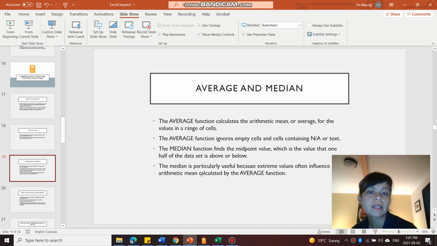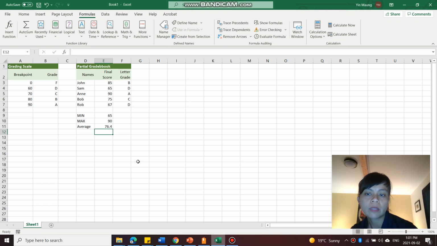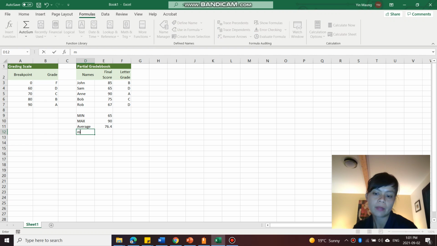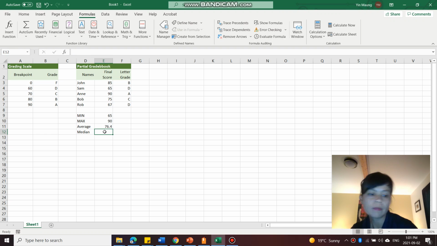The median finds the midpoint, which is the value that half of the data is set above or below. The median is useful because extreme values often influence the average, right? So here you can actually find out what the middle is. So I'm going to go to here and look at the median, and equals median,